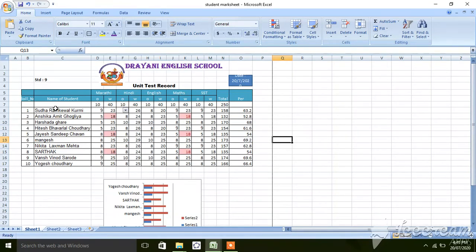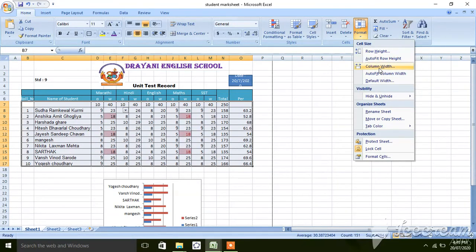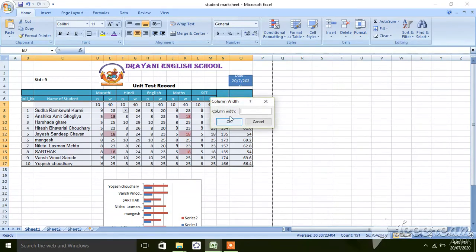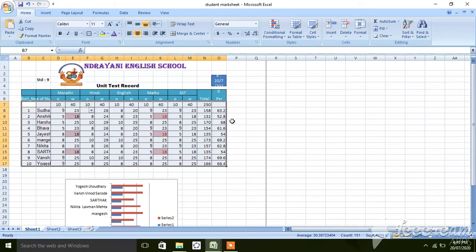How do I change it? Just select all the cells, go to format, here is column width, enter the number, the column width changes. In the same way you can change the row height also.